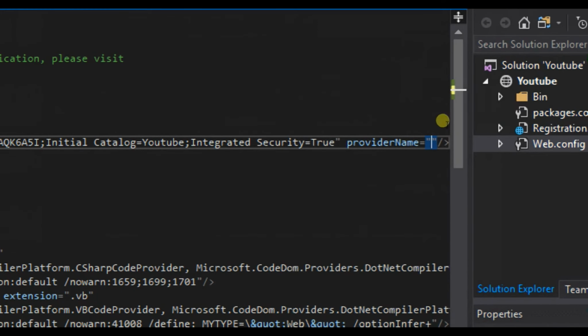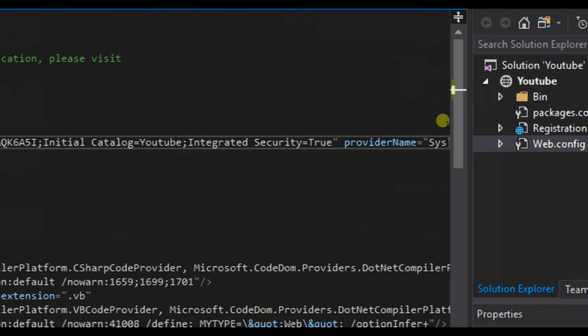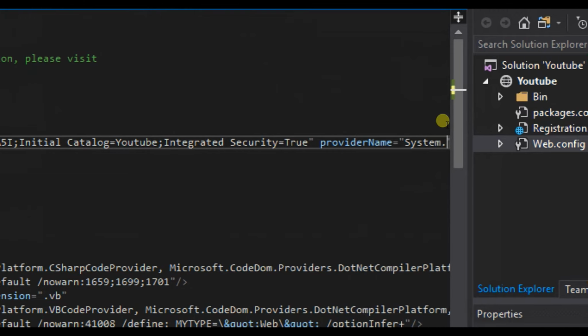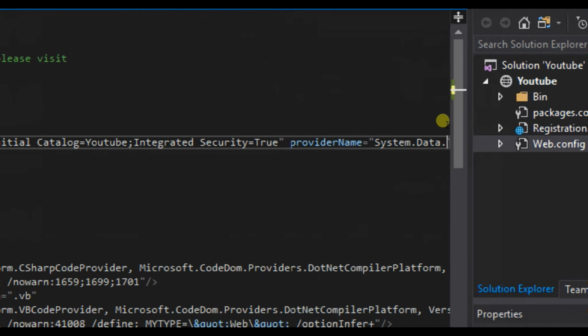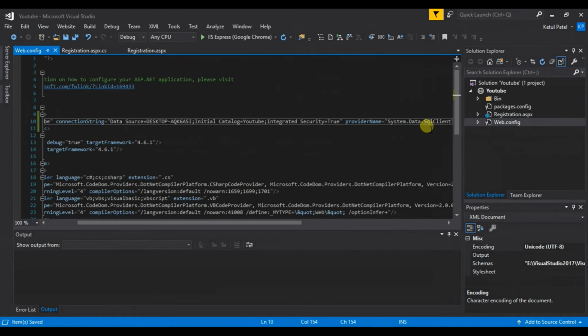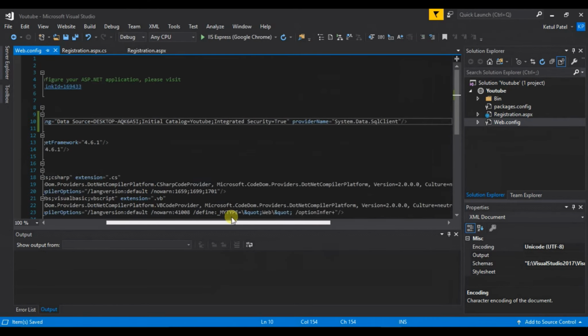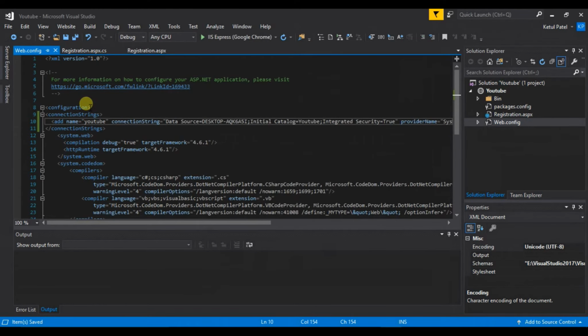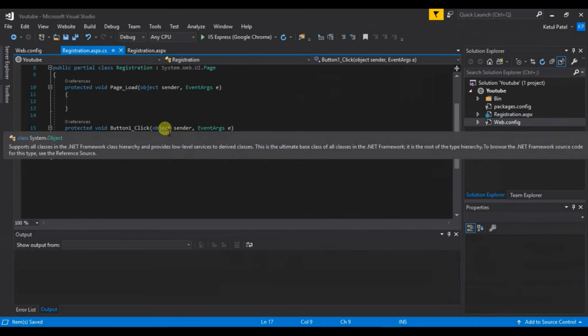So here you will give your provider name. Your provider name will be System.Data.SqlClient, because we are using the SQL database. So here your connection string is ready. If you want to access it on your whole database, you can access it simply by the name YouTube. So what we will do now is go to our code and add some of the files to